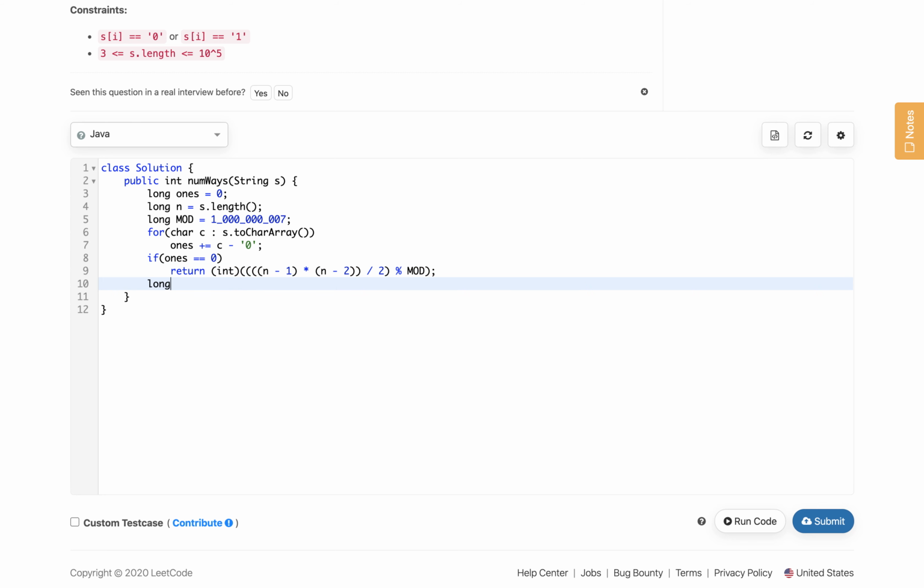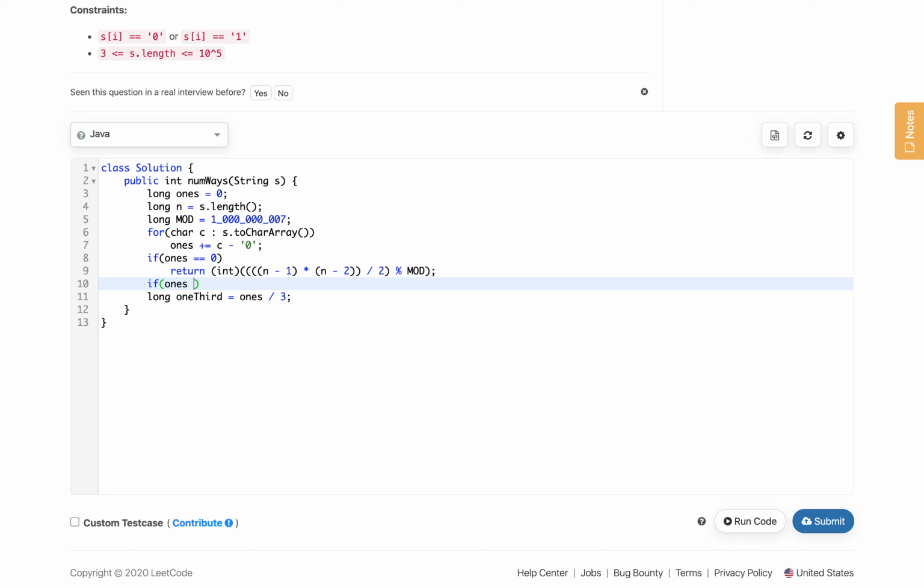Now, let us take another long variable, which we will call one-third, and one-third is ones divided by 3. Before that we will also check the case where ones is not divisible by 3.